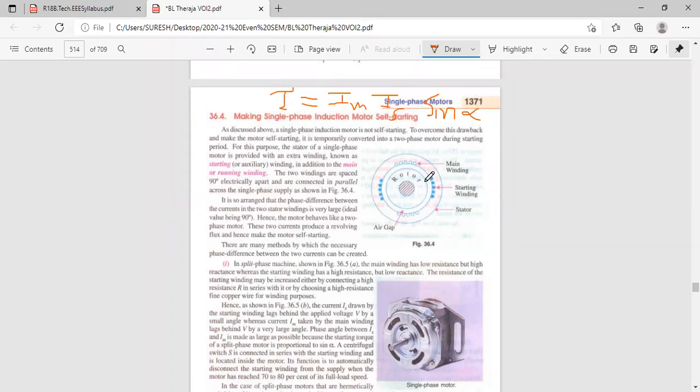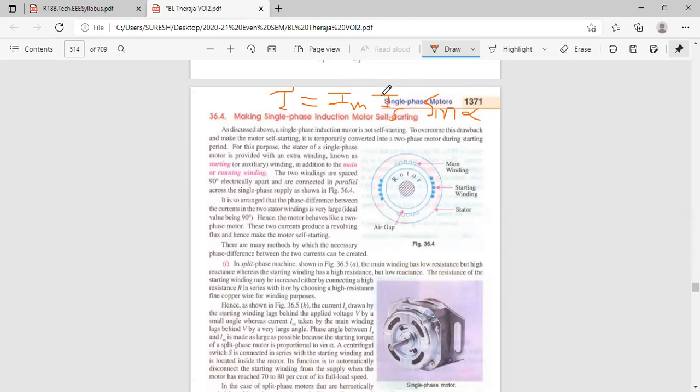If torque is maximum, then there will be rotation in the rotor. Rotor will rotate. Okay, torque is created in the rotor. So alpha should be approximately equal to 90. Exactly, it is not 90. We can't get 90 degrees, but you can make it approximately 90, that is 80 or 85, 86, like this.